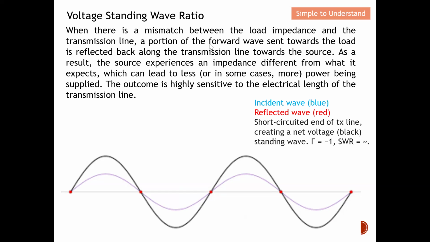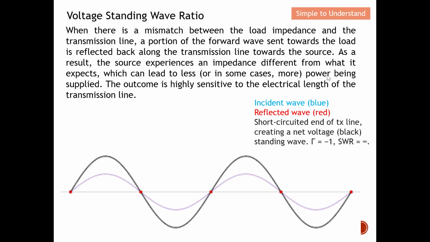But at this moment you can see from here that a portion of the forward wave sent towards the load is reflected back along the transmission line towards the source. As a result, the source experiences an impedance different from what is expected, because you have the reflected wave, and because of this, your impedance varies. So this can lead to, most of the time, less power,